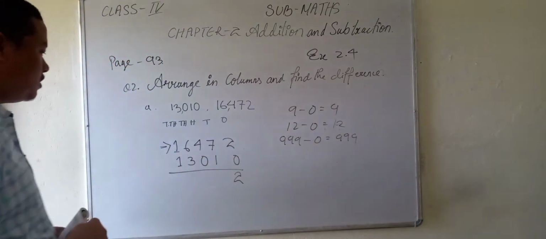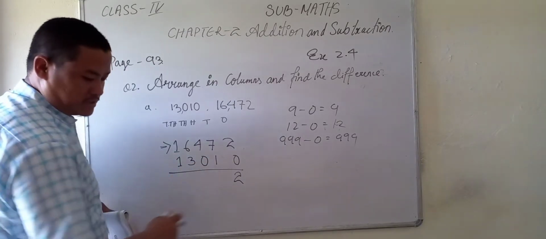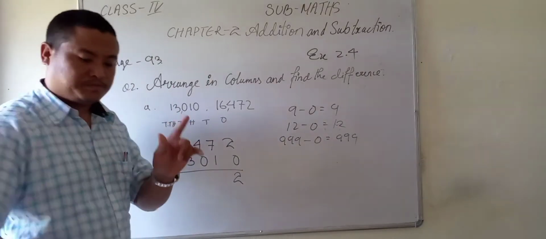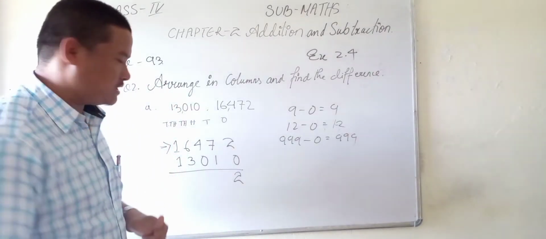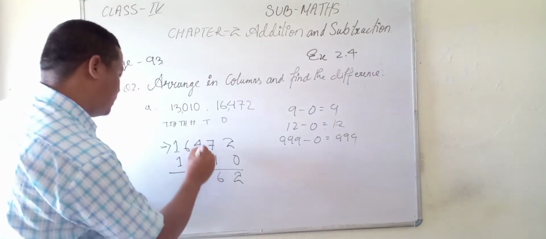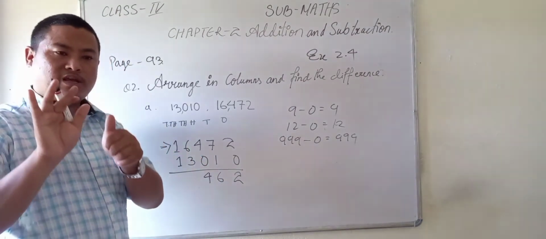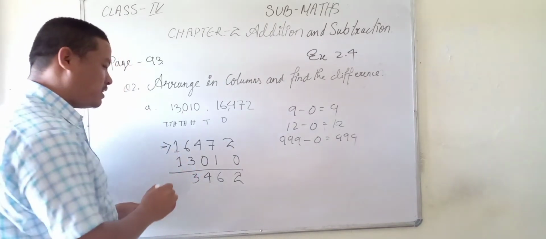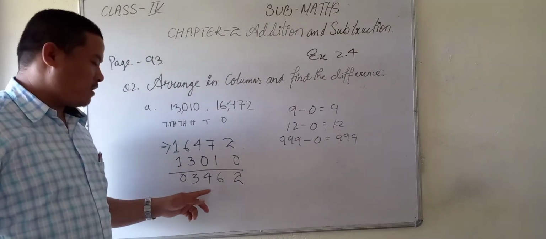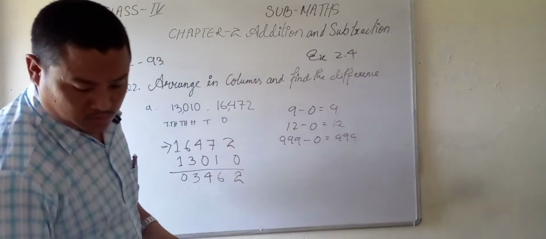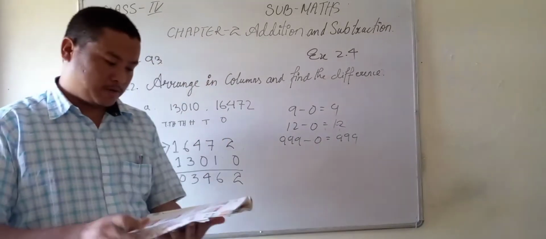Okay. So 7 minus 1. 7 minus 1 how much? 7 minus 1, 6. From 7, if you take out 1, then how much remains? Yes, 6. It's very easy, 6. So this number will be the same, 4. And from 6 you minus 3. 6 minus 3 you will get 3. And 1 minus 1, 0. Okay. So how much did we get? We got 3,462. Okay. So remaining these 3 questions B, C, D, you practice at home.